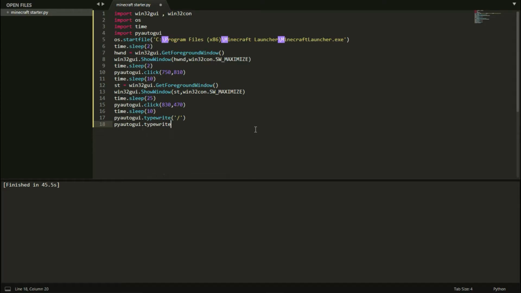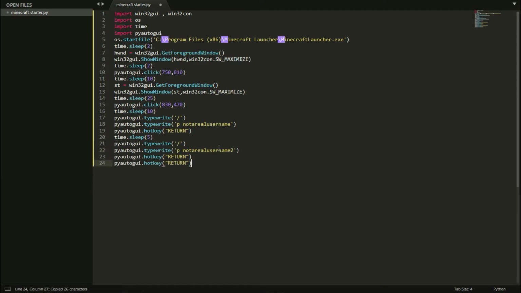Now we are writing the code to invite players to the party. /p username is used to invite people into a party in Hypixel. pyautogui.hotkey is used to press enter. Now put a delay. You can just copy the above lines to invite whomever you want to. F11 maximizes Minecraft.